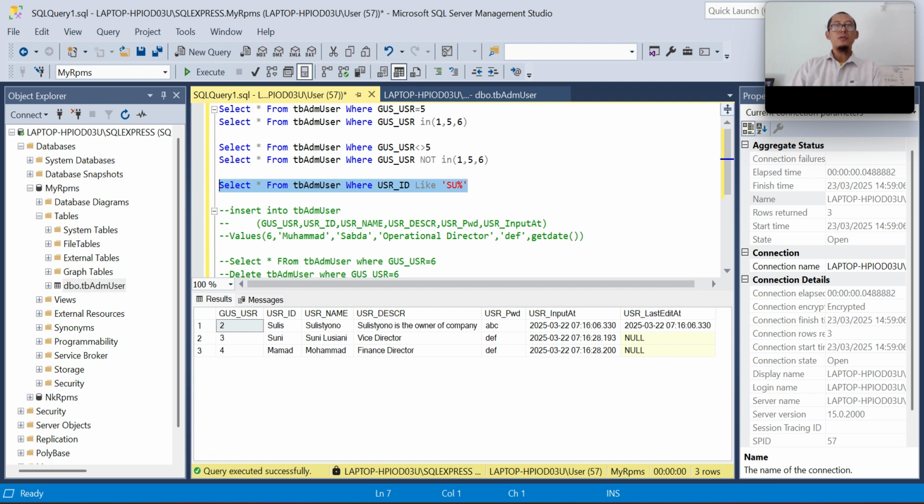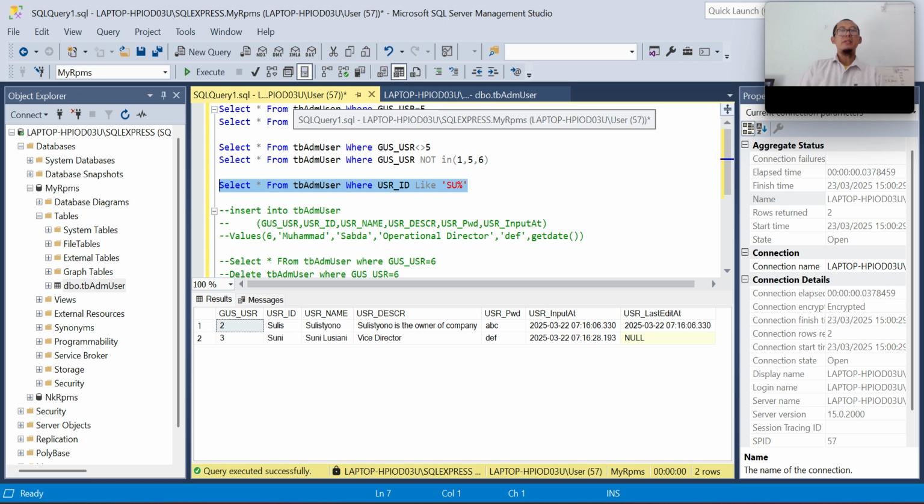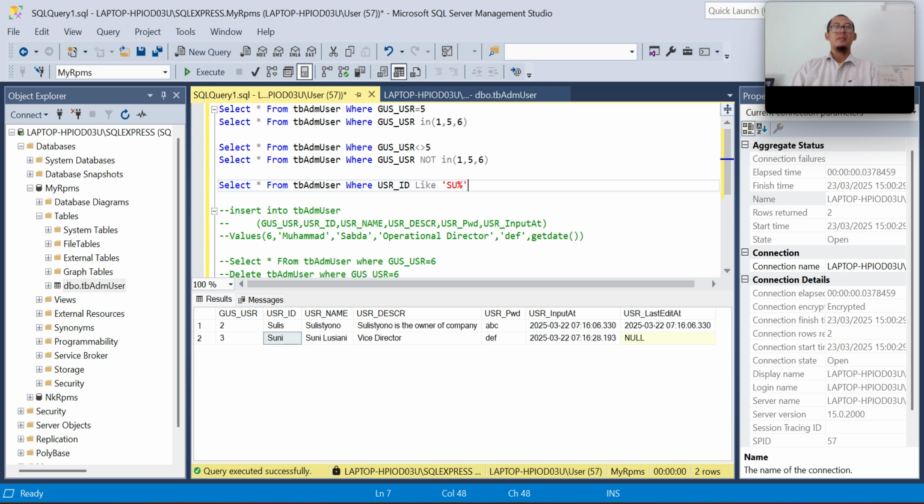Why LIKE 'SU' and percentage? You see, the data will be displayed as Sulis and Suni, user IDs that start with SU.